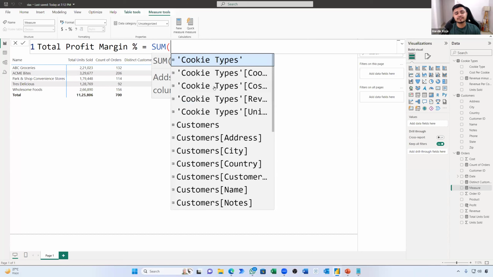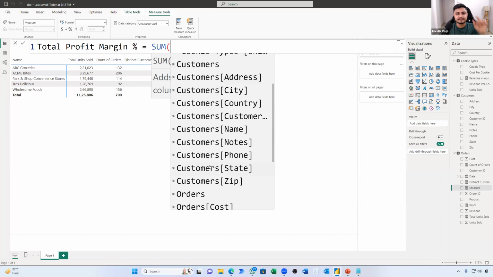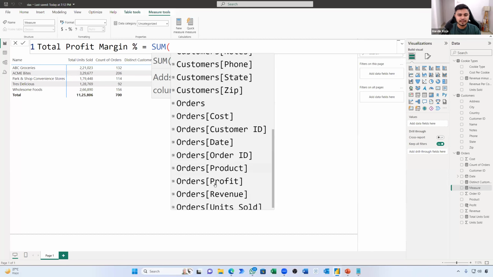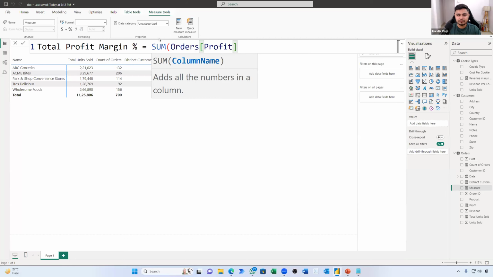Now what should be the first sum? I will go with the first thing: if we have the formulas clear in our head, I have to divide. There are many other ways to find it, which people have already told me in the Zoom chat. That's also right, but the most convenient, according to me, is this one. We have total profit, sum of total profit, and I will just close the bracket. Just a sec. I will divide it, division sign.